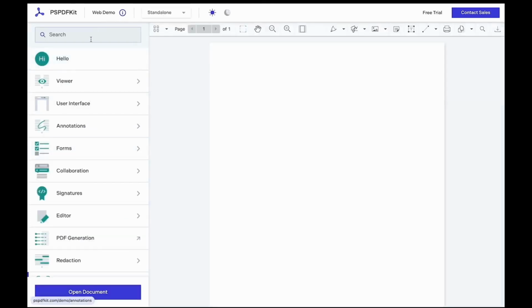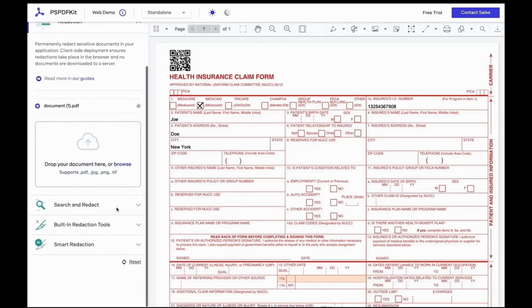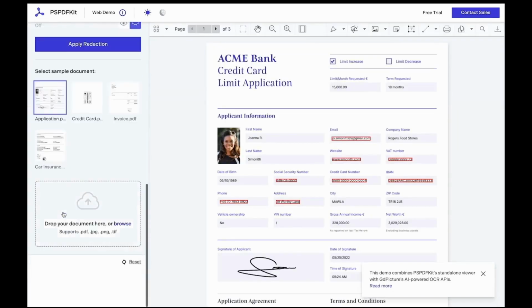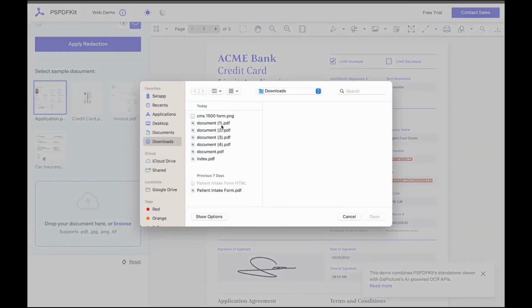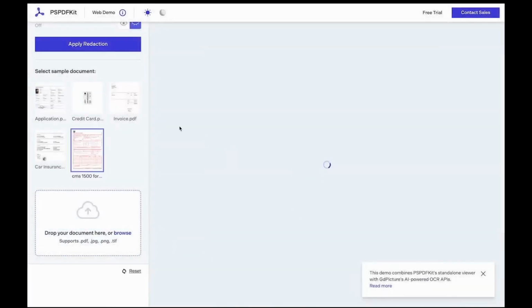I am going back to examples. I am going to redaction. And I am going to start with the smart redaction immediately. So we have a number of sample documents, but for this particular case, let's use the original PNG document, which is not searchable and not editable. And I repeat, not searchable and not editable, but we want to identify certain information there and redact it. So